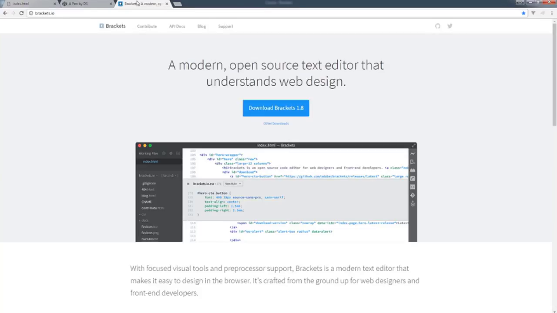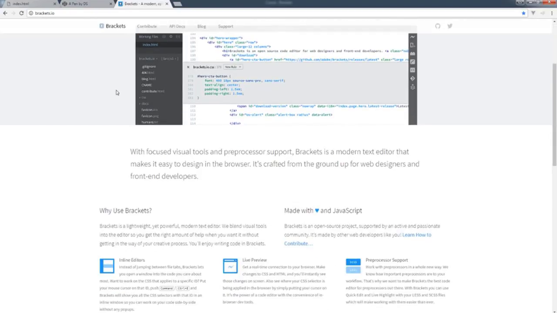So to finish off about the different tools that are out there, there are a lot of different free editors. You probably already have something on your computer right now that you can use in order to create HTML code. If you're looking for a good text editor, which is open source, provided by Adobe, so no cost to it, it's a really good editor when you're starting out, and you can create a lot